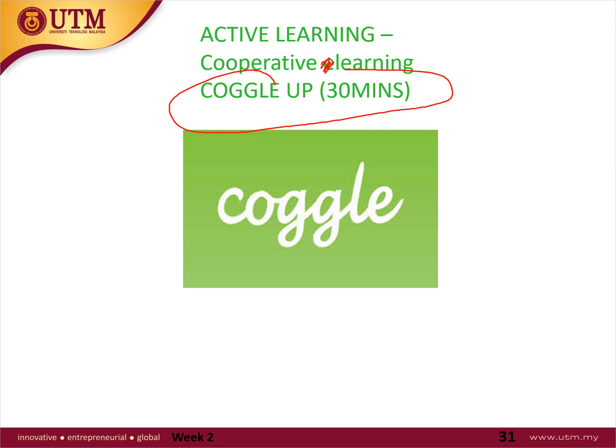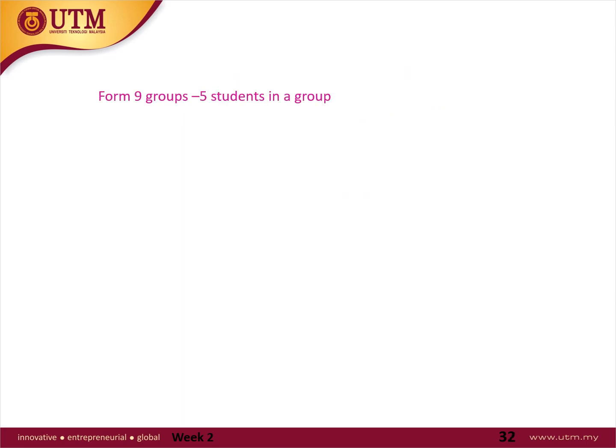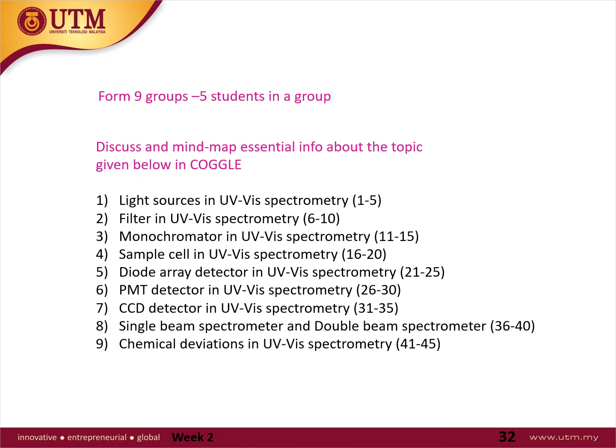Apakah Coggle Up ini? So Coggle Up ini basically is a very modern name for mahjong paper. Okay, we will do mind mapping real time online with 45 of us for 30 minutes on